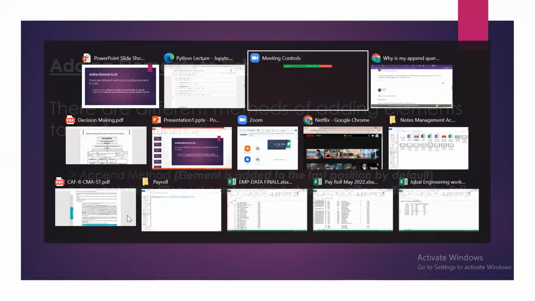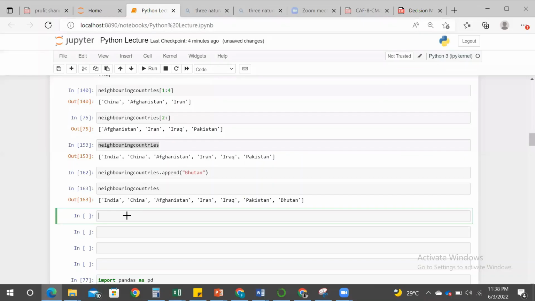So let's see how we can add the new element by using insert method. Again, we will use the name of the list, and after dot we will give insert method,